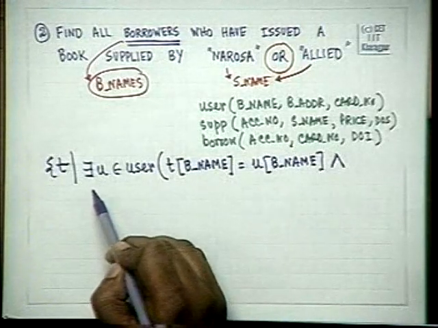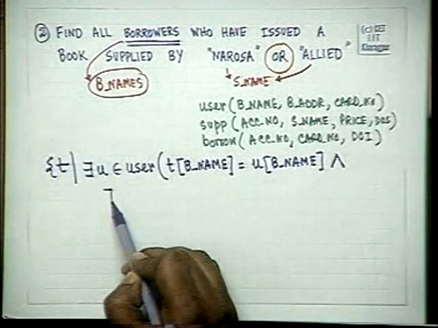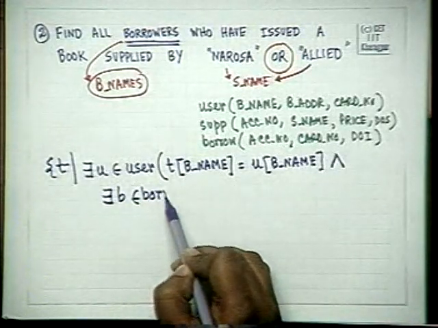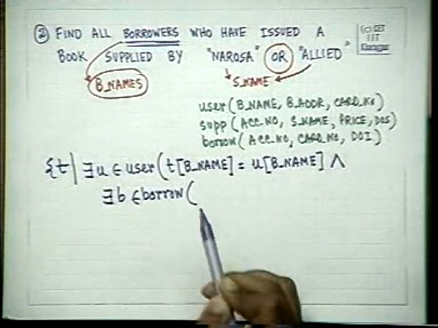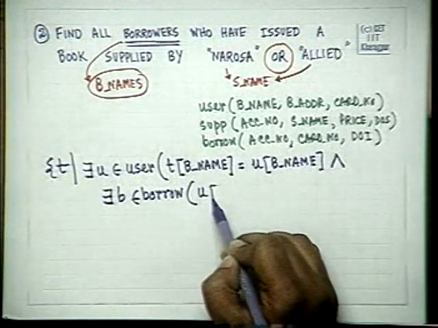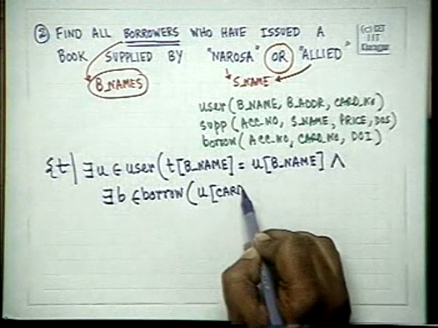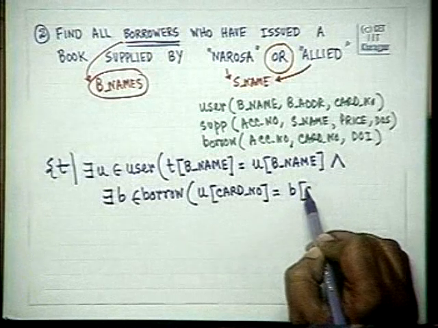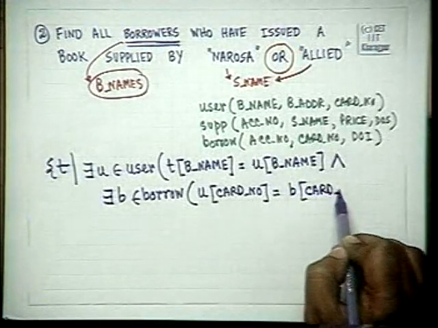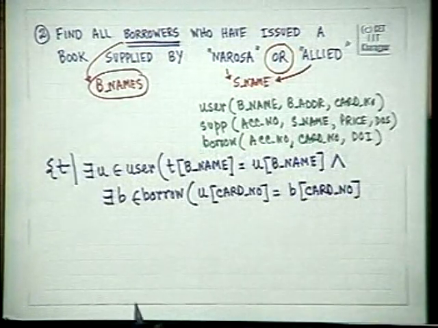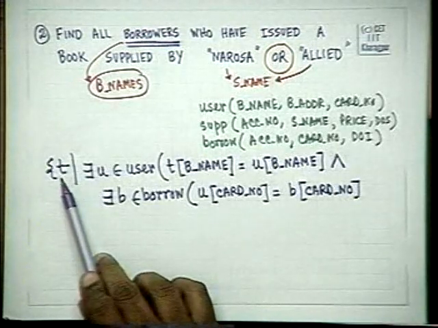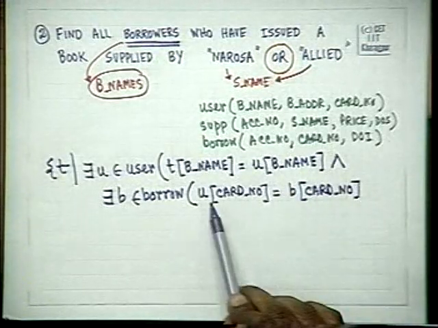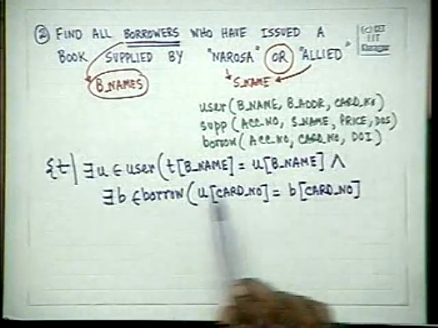So for that there must exist B element of borrow such that U of card number is equal to B of card number. That is, now we have got the tuple must have the same name as the user, and the card number of the user must be existing in a borrow relation,